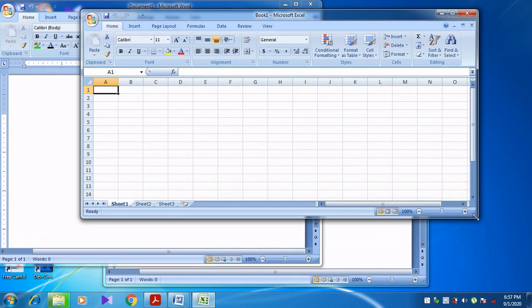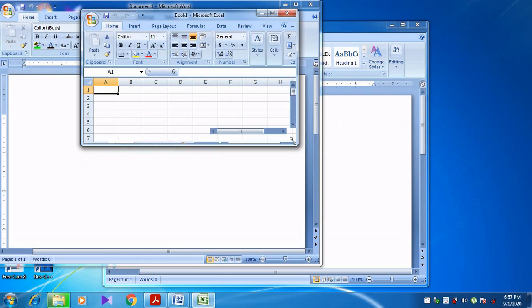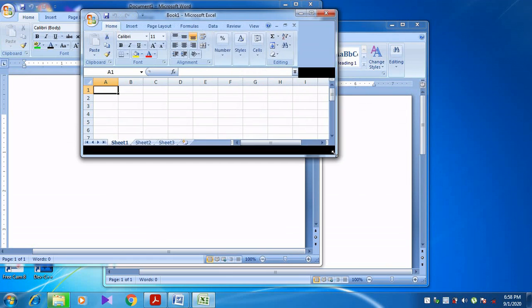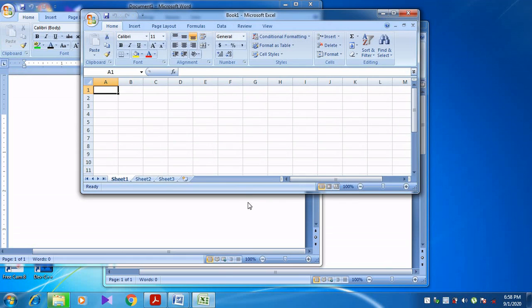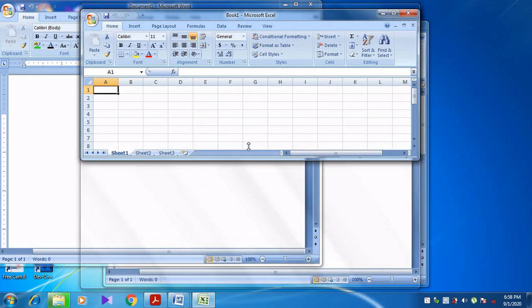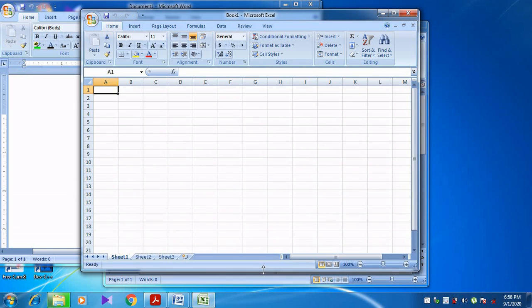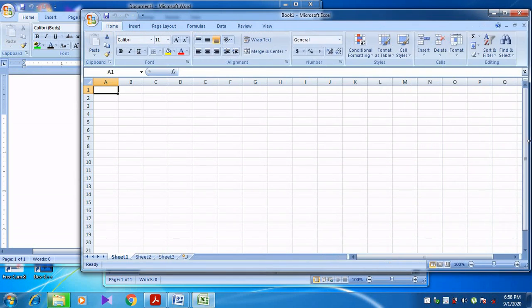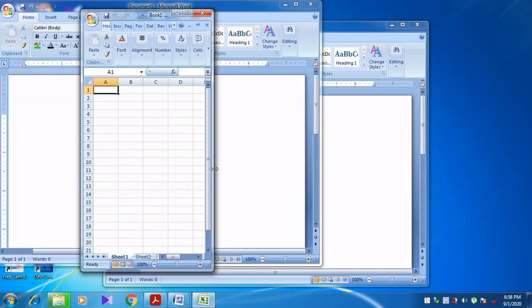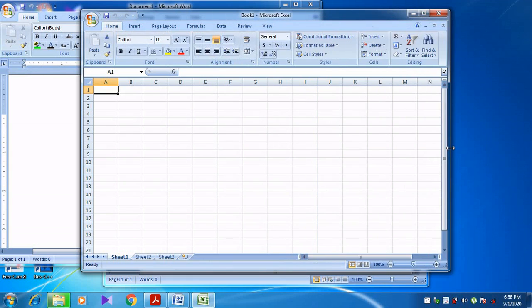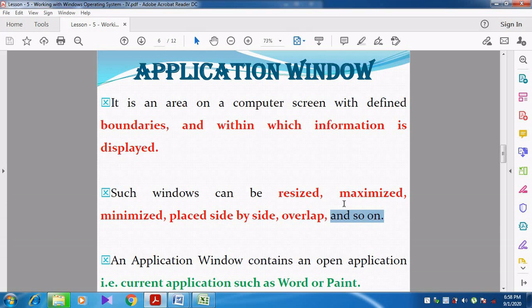Now if I want to change the size, see here, the size is reduced. I can increase or decrease the length, and likewise the width. Whatever I want, I can do with the application window.